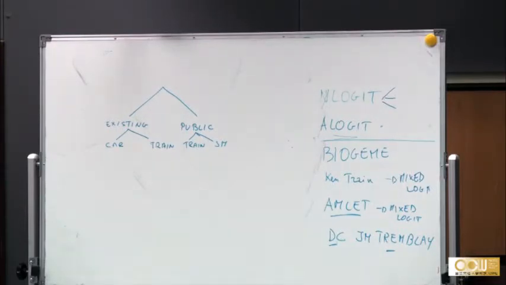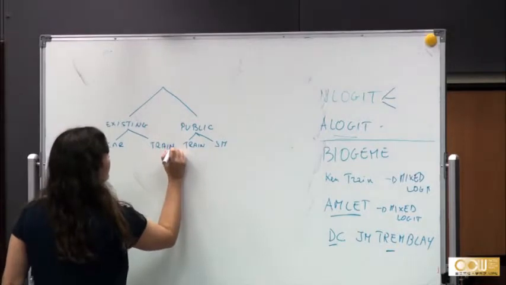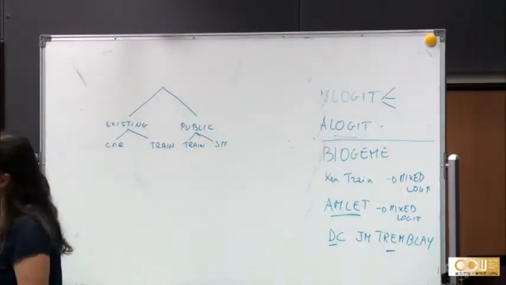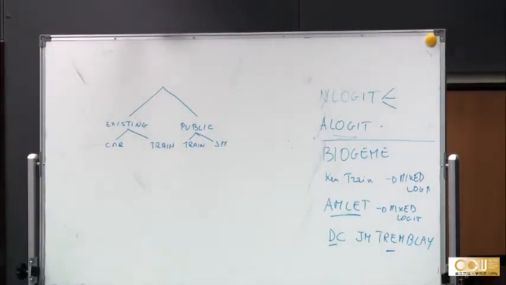He fixes it. So he says that this shaded alternative is just train. It does not concern a car or Swiss metro, right? That's what he's saying. And he's constraining that because at the end of the day,